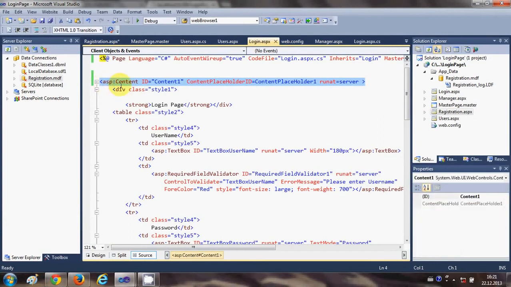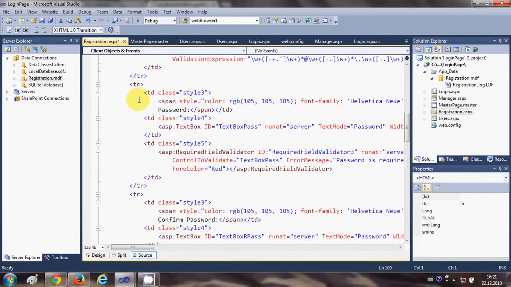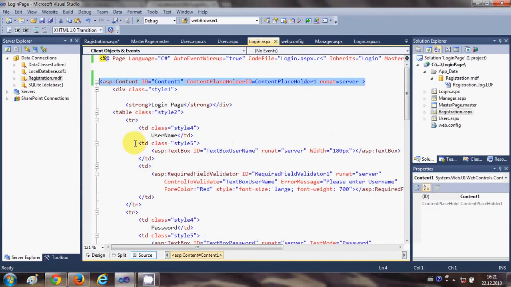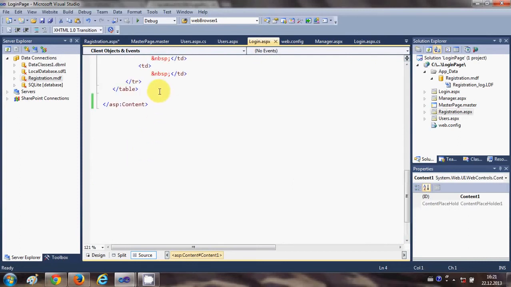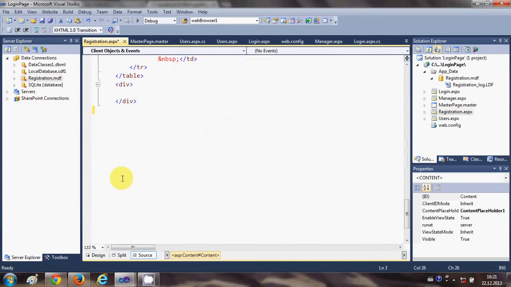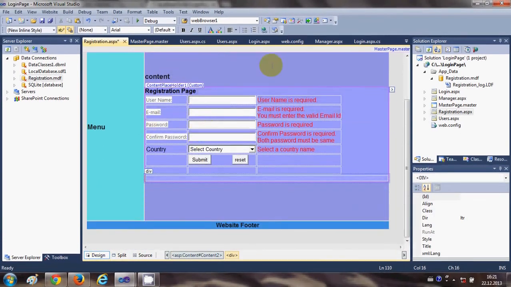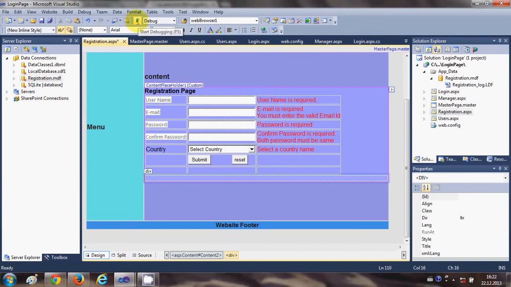code from here, ASP underscore content, this all code, but this time the content ID will be different, content ID 2, and at the bottom we will end our ASP content. Okay, and let's see in the design, and you can see the design is applied here also. So now when you run your project as a whole,